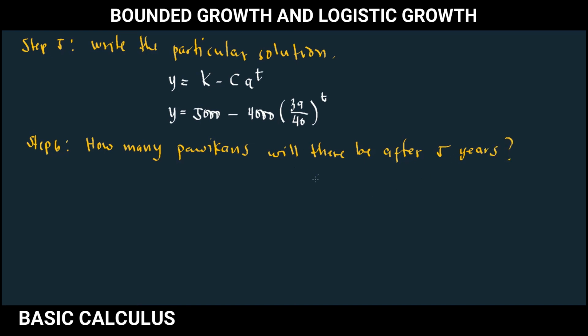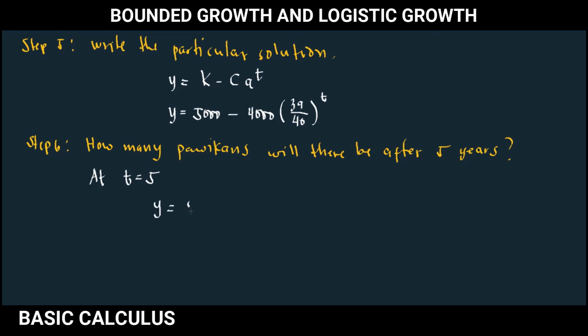To answer this question, all we need to do is use the particular solution, then plug in the value of t. So that means at t is equal to 5, the number of Powicans is